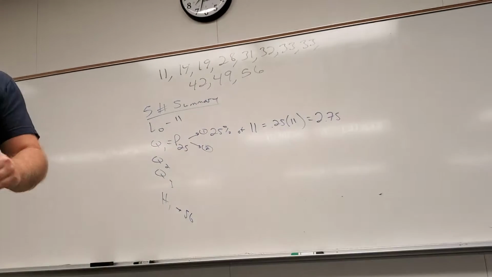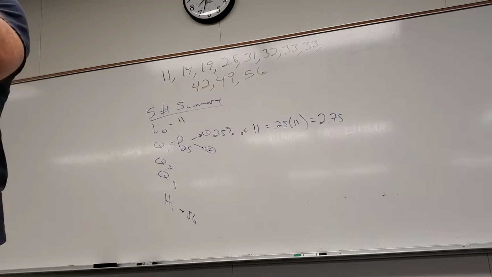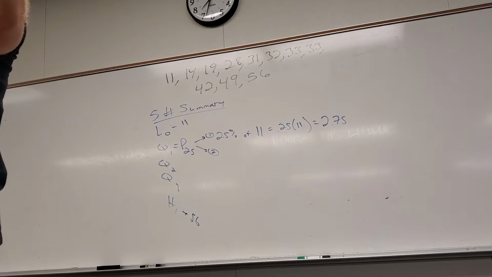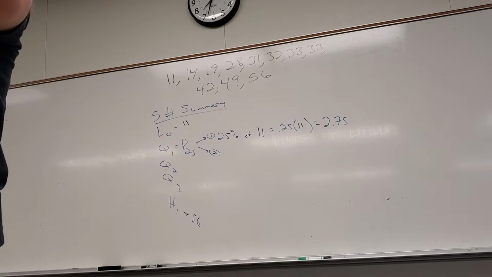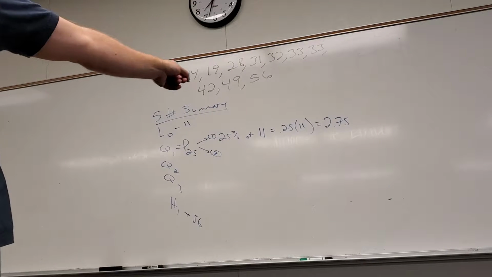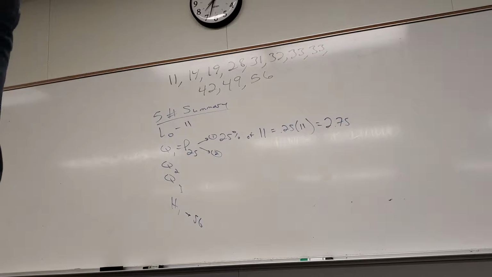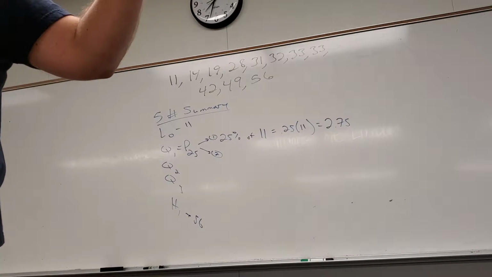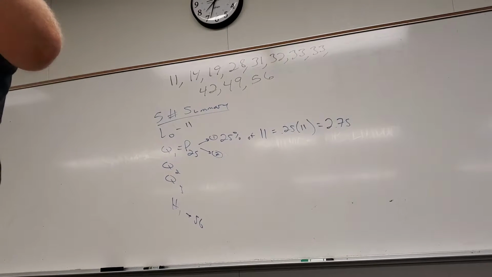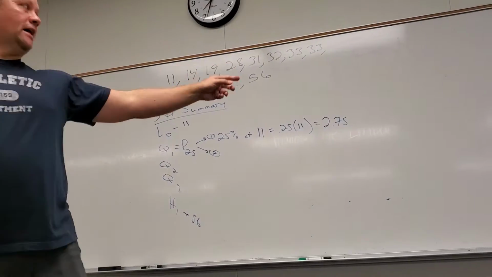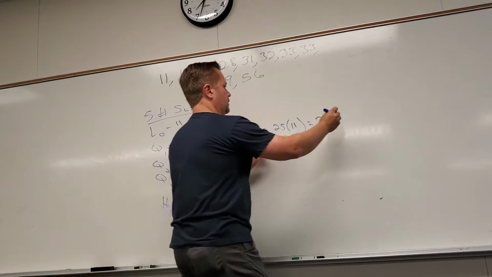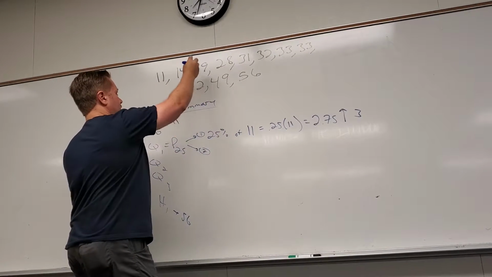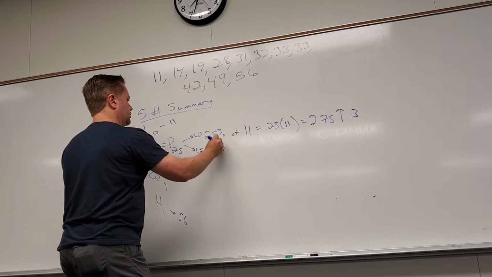Round up. Good. If it's a whole number, you average that one with the next one. So if it had come out to be 3, I would have taken the third and the fourth numbers and averaged them. If it's anything else, you force it up to the next whole number and take that one. So it's nice to get a decimal, because now I can just force this up to 3. What's the third number? 19. So P25, Q1, let's just call it Q1,